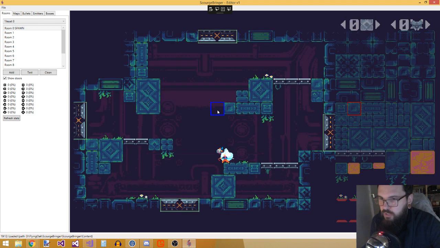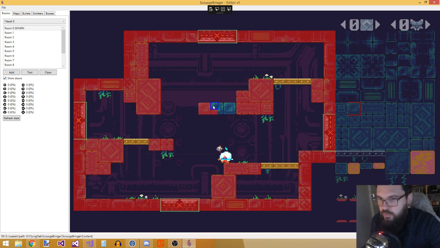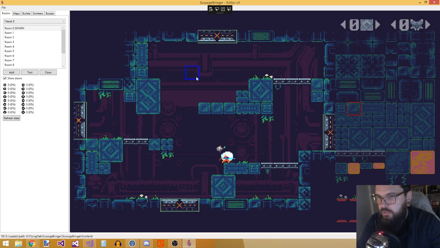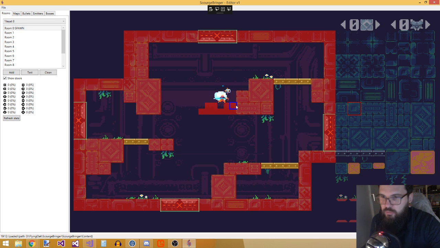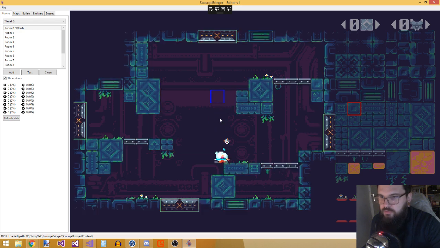Like if I want to add a platform here, I'm going to just add the colliders as well. So right now the colliders are manually set, but it's going to be fully automatic at some point. And I can just play exactly like this. And if I want to remove them, the colliders are still there, but if I remove them, it just plays live. So I can really edit anything within the editor,